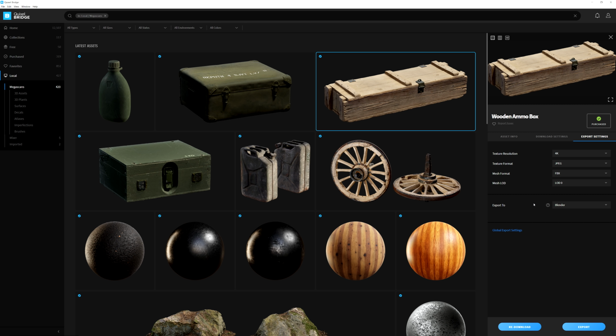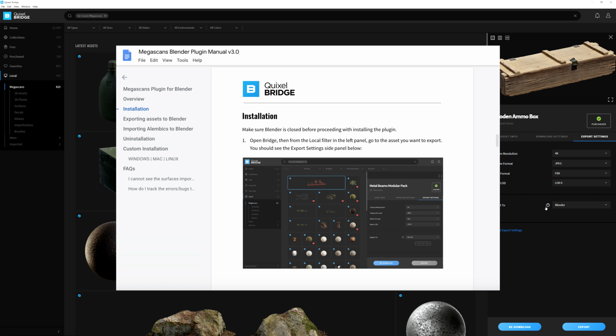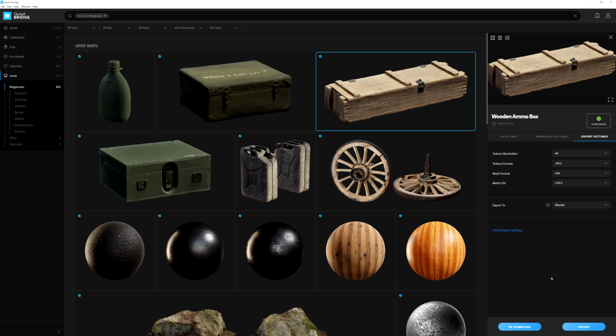If you need further help, don't forget there's this little question icon right here next to our drop-down menu, where if we click this, that's going to give you a text version of the step-by-step process of how to install this Blender plugin. Now, before we decide to export this with the export icon here to Blender, we need to go ahead and make sure that Blender is already open. So let's jump on over to Blender real quick.